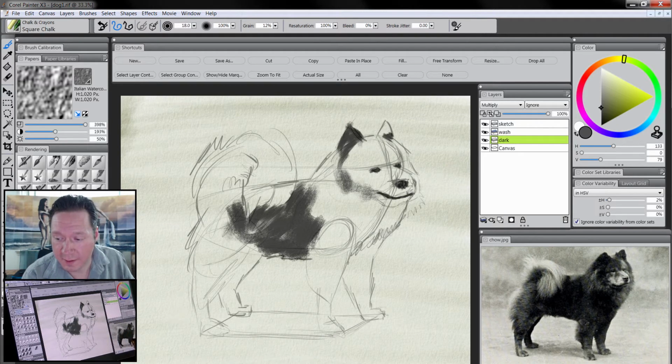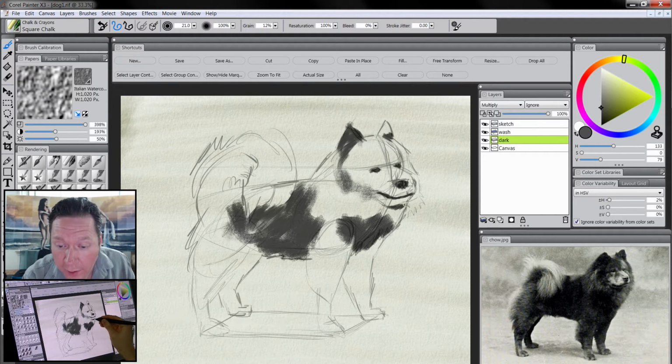There's a lot of details in this piece that are just very big blocky areas, and from a distance in this photo you can't see every single hair. You know the hair is there because you know it's a dog, but it isn't as finely drawn as the hairs that you see on the end of the tail. So you don't have to worry about going in here and drawing a million hairs to make this dog look realistic. People will understand that it's a dog by looking at it, as long as you give the impression of